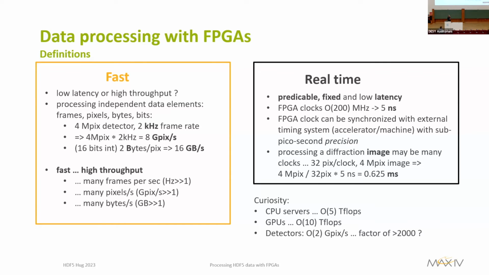So for processing 1 pixel, this server could do 2,000 floating point operations,